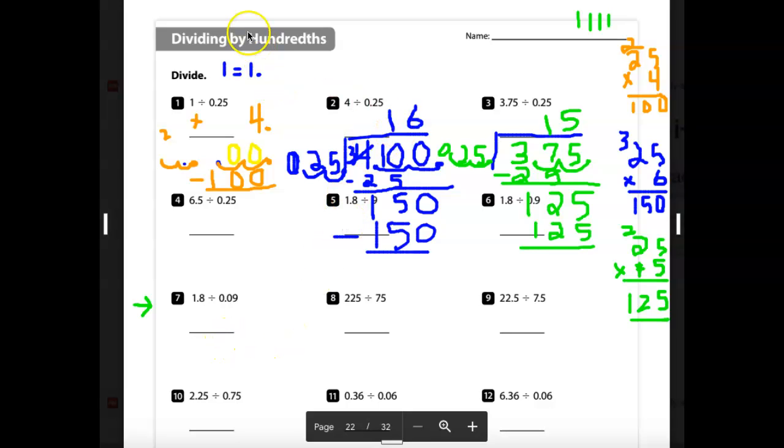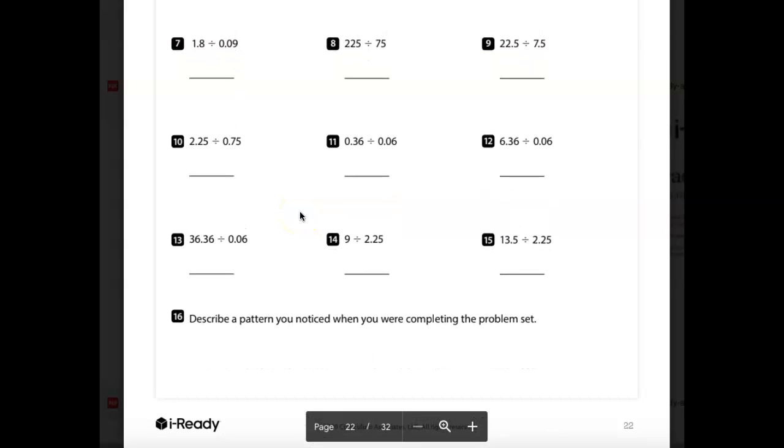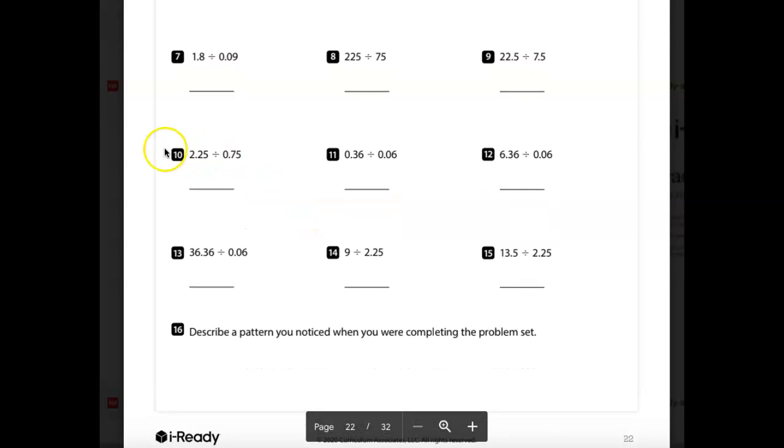All right, so when I go to move my page up, I'm going to lose all this work, but it should stay on your screen. All right,